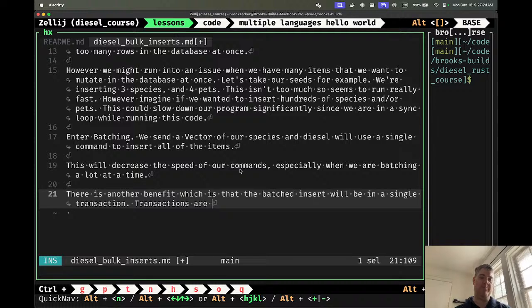What am I thinking? My brain just completely went blank. Transactions are transactions. That's not helpful at all in any capacity whatsoever. How did I say it before? Because we did transactions before. Transactions are states